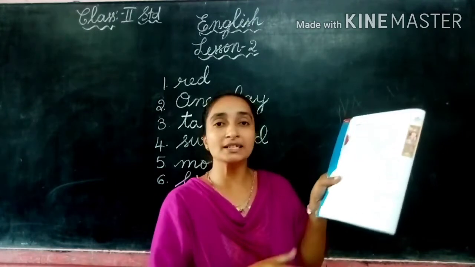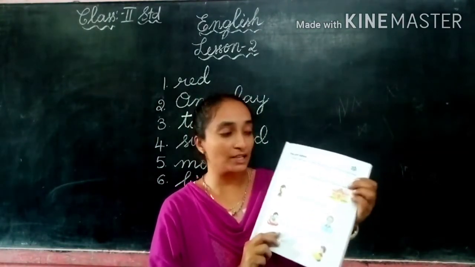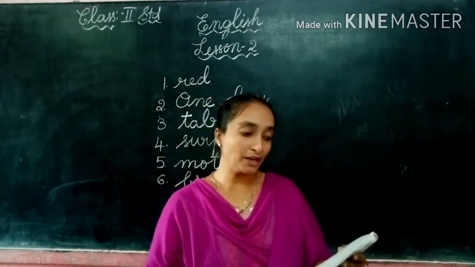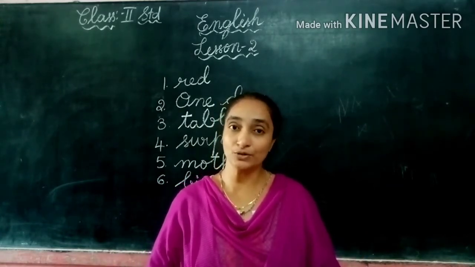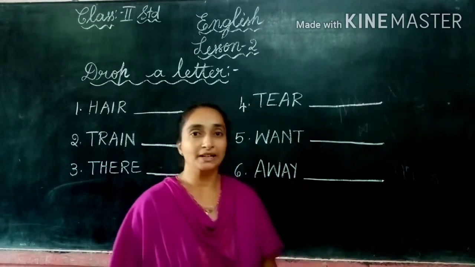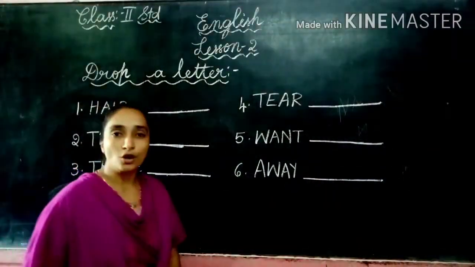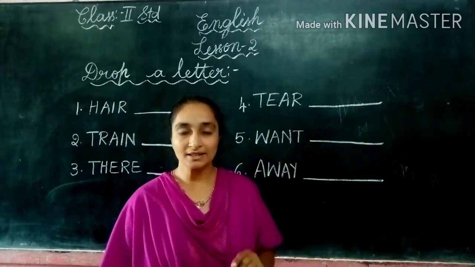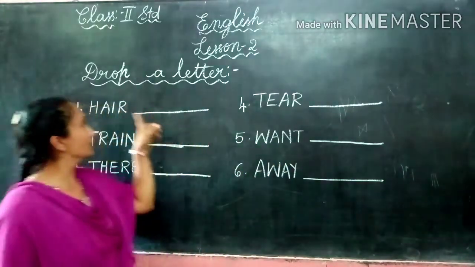The page number 18 has been completed. So let us go to the next page, that is page number 19. Let us see what grammar part we have here. Here are the interesting blanks. Let us see the next Roman numeral, that is drop a letter. What do we mean by drop a letter? That means we have to remove one letter. So here a word is there.